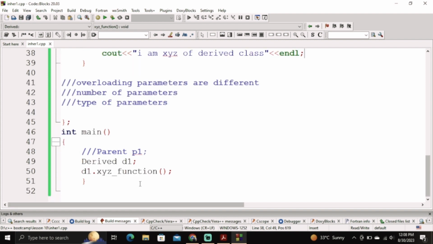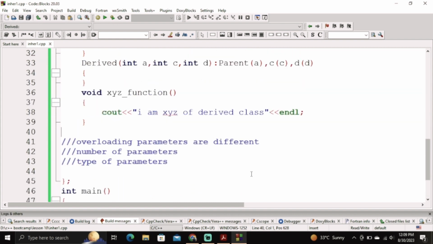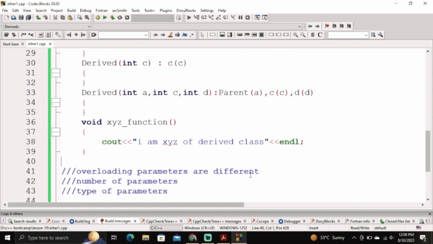Right now we were working with d1, which is the object of the derived class, and whenever we call d1.xyz function, it called the overridden function in our main function. Now in a situation where you want the functionality of the parent class as well as the functionality of your derived class,